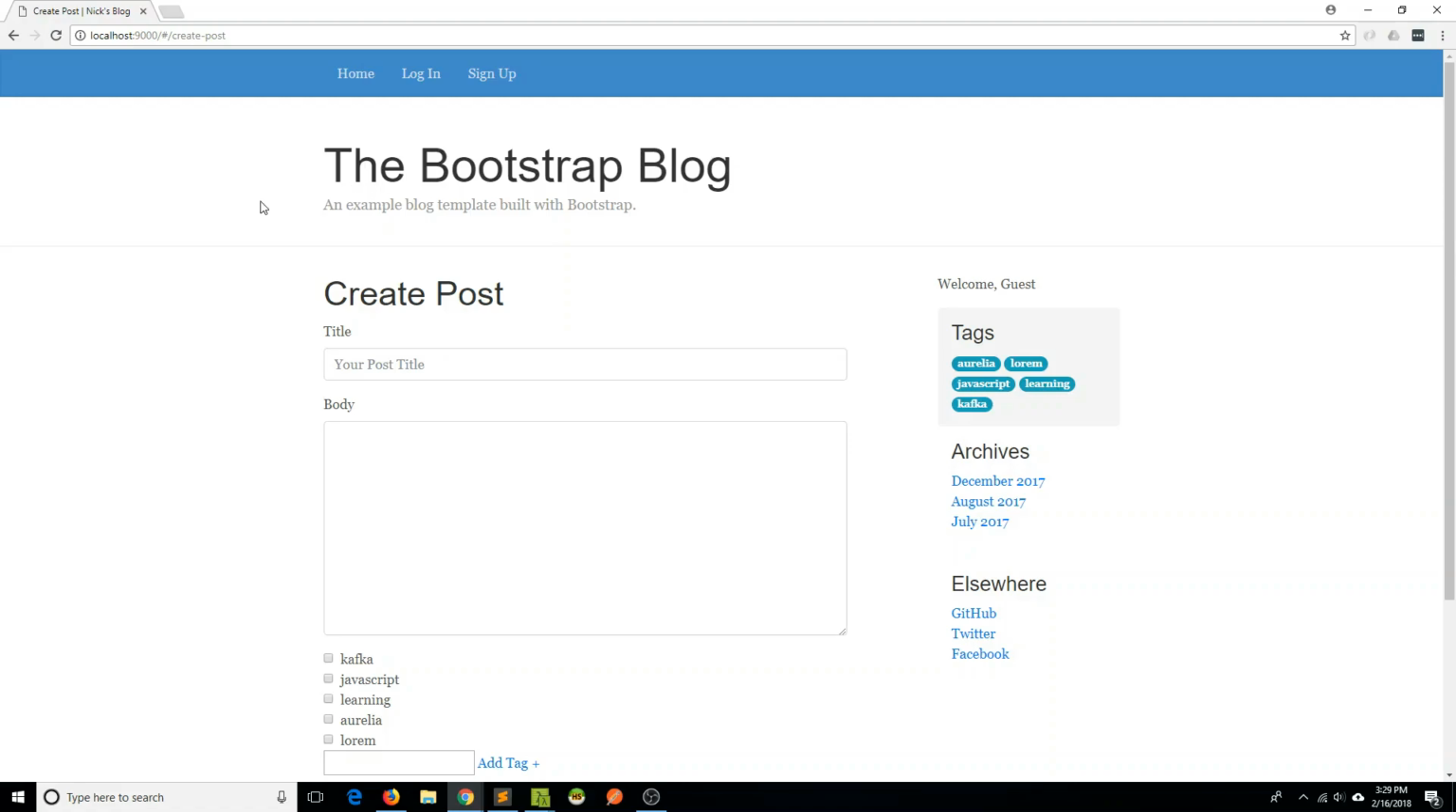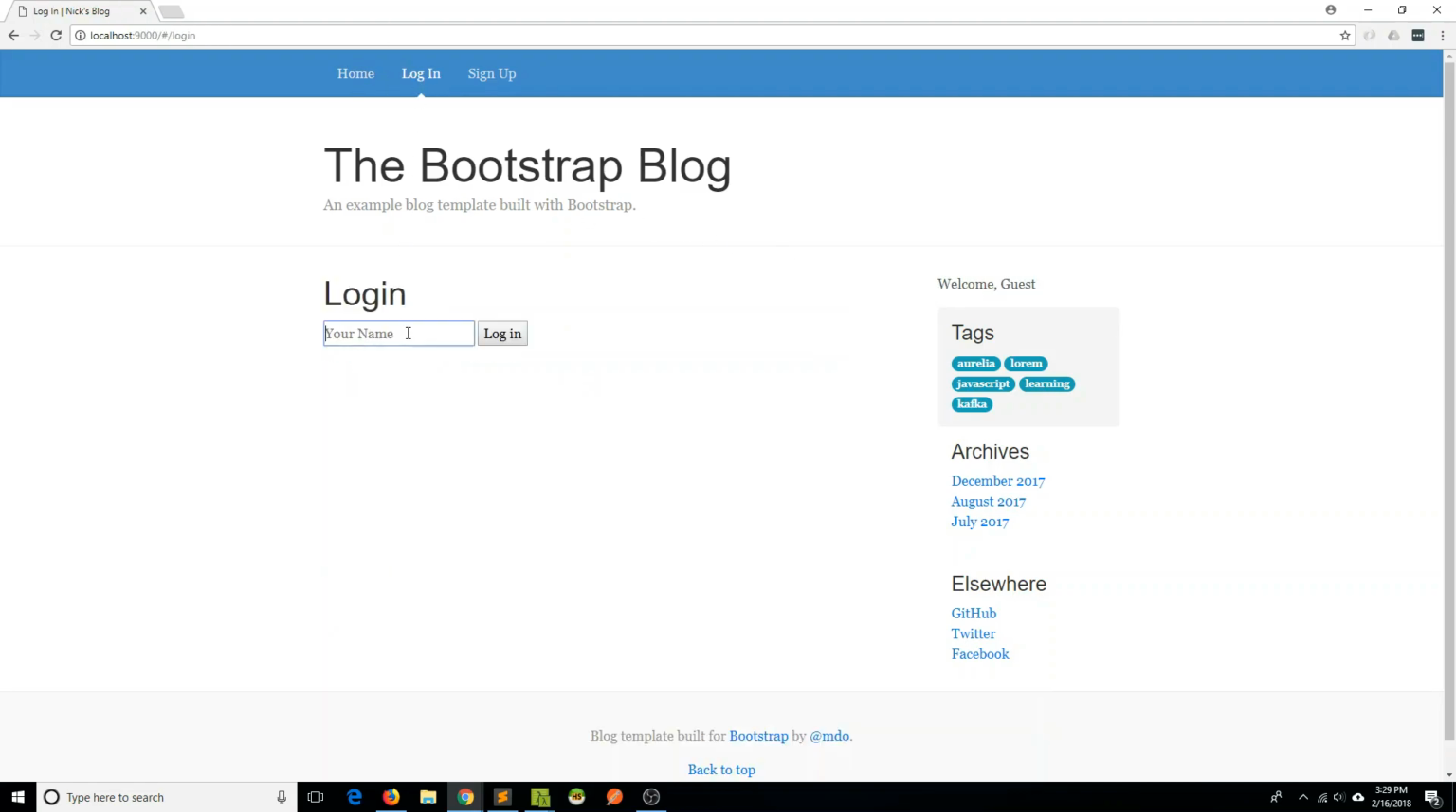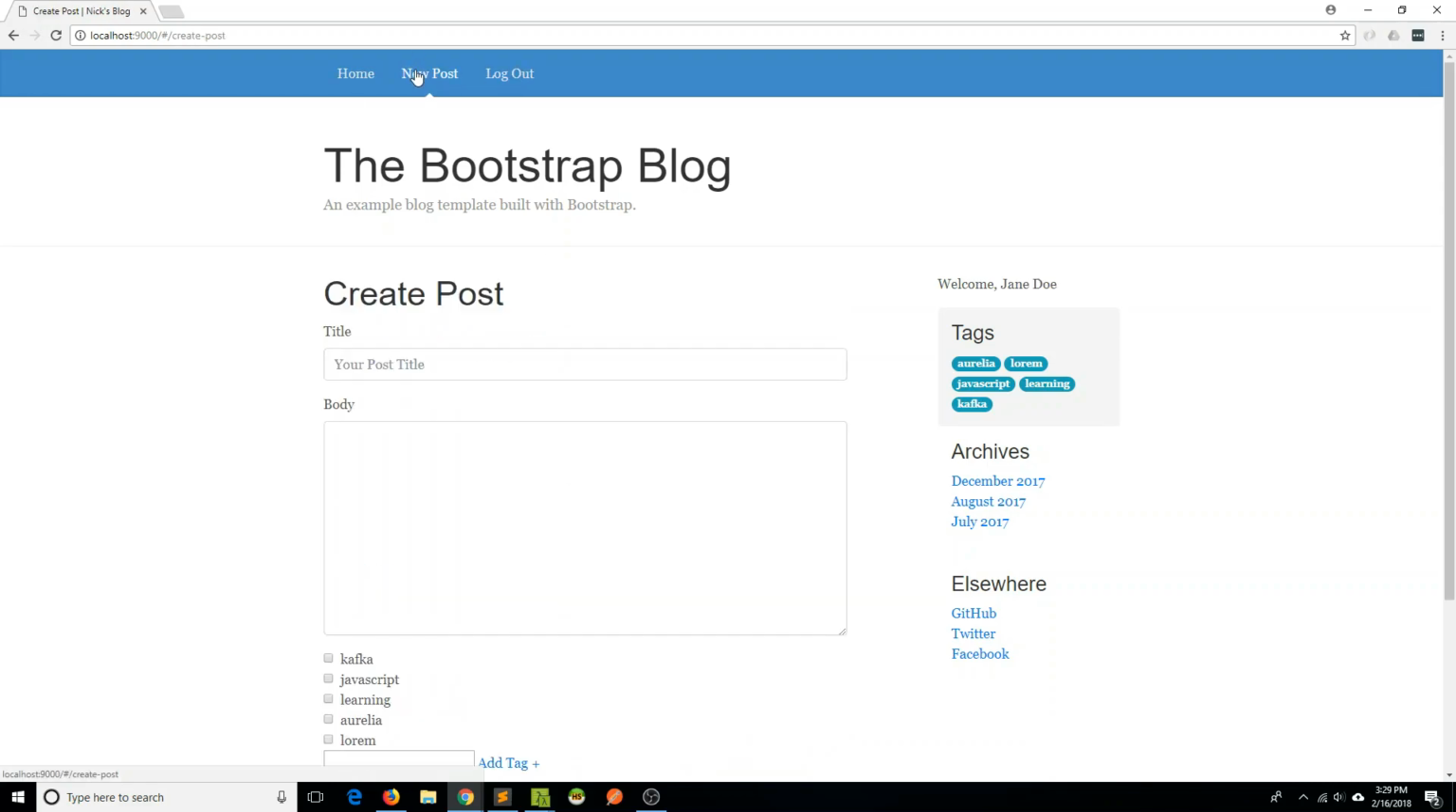So I've had just about enough of being able to see my create post form and the edit post form while not actually being logged in. This has been occurring because I've been logged in. So if I go to login as Jane Doe and I hit new post, well, this makes sense. But if I refresh the page and now I'm no longer logged in, well, we really shouldn't be